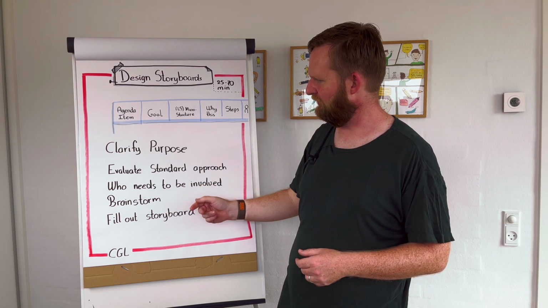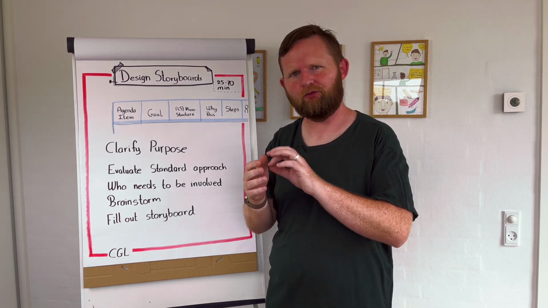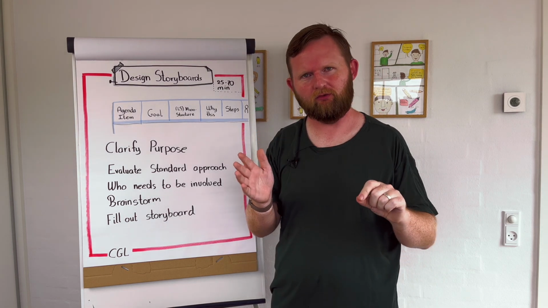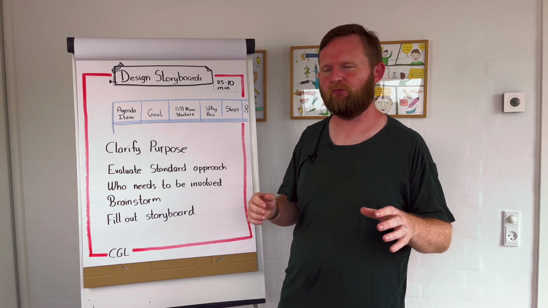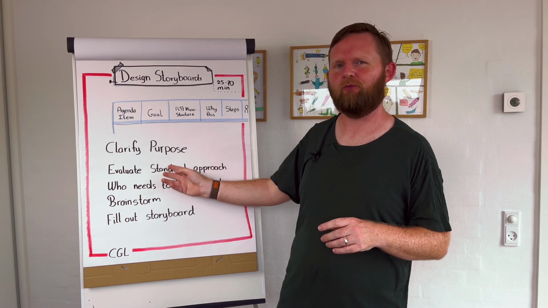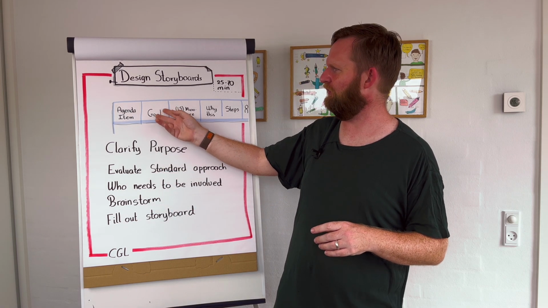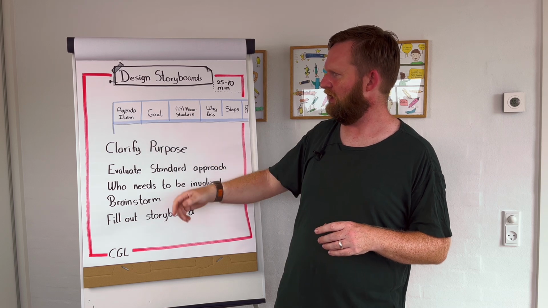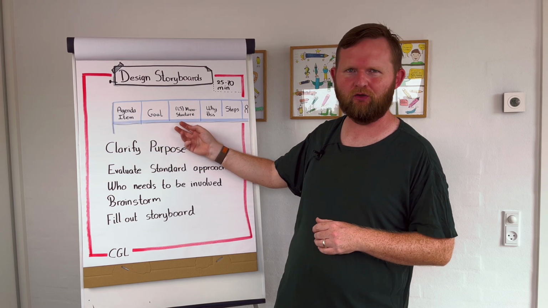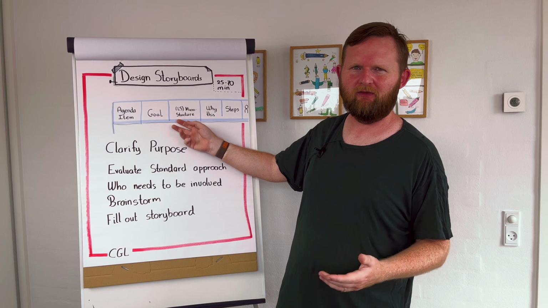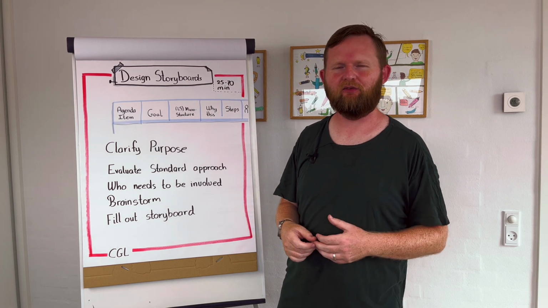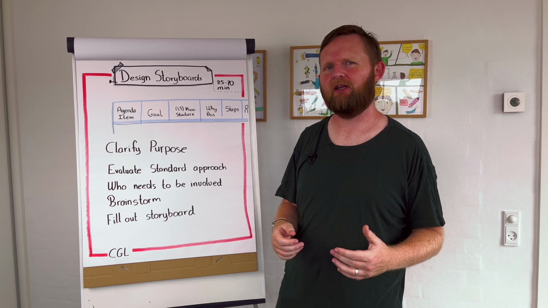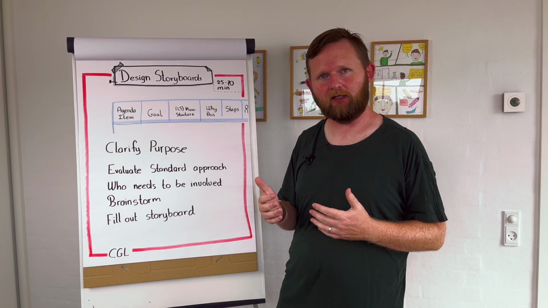So when we have brainstormed, right, we fill out the storyboard, and this is also where we can have the alternative strings, because in this brainstorm we have identified a lot of different ways of getting closer to this purpose. So we also fill out that, so we know that we have an alternative. So if it's not What, So What, Now What, it might be that we then have a conversation cafe, for instance, as a fallback or as an alternative to that. In this way we keep nimble and we keep the